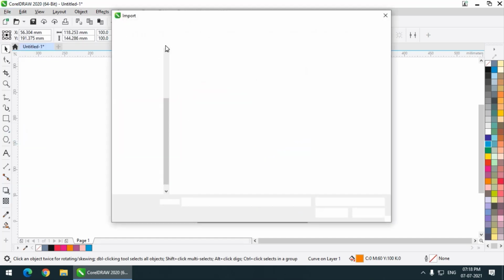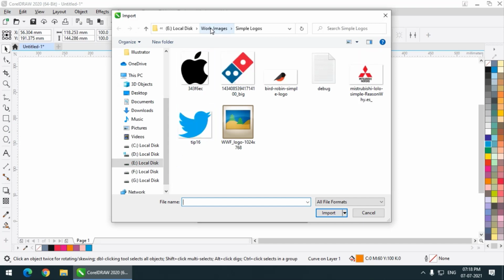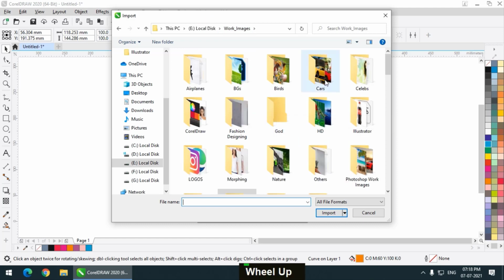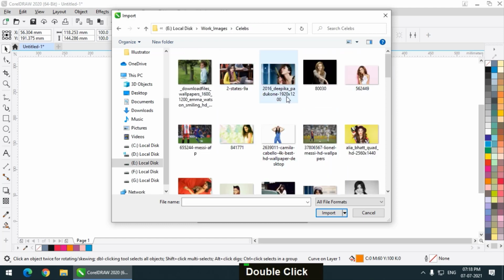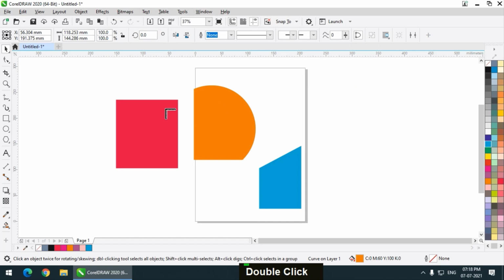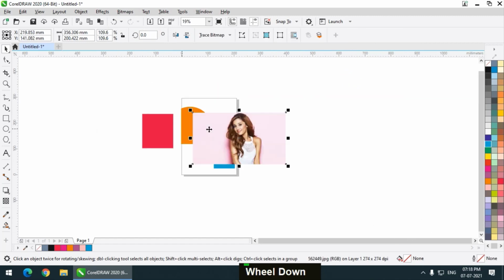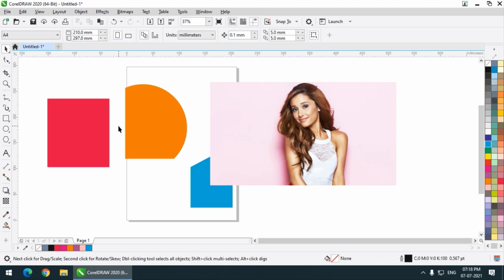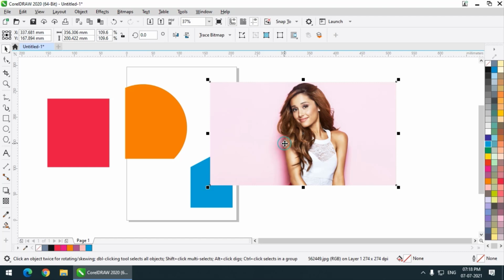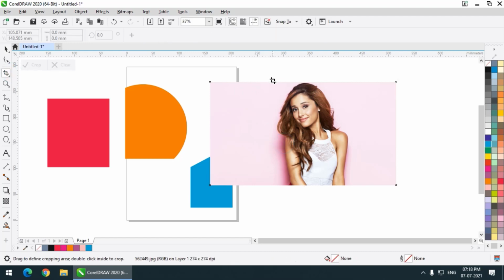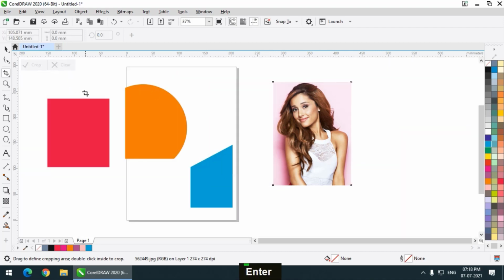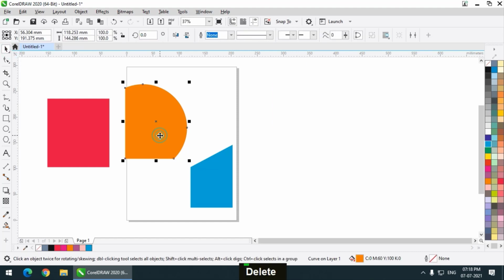You can similarly crop images as well. Let's say I want to crop this image. Remember, if I want to crop only the image and not the remaining objects, I have to select the image, then use the crop tool on it and press enter. Pretty much similar, you can crop images or any objects. So that was the crop tool.